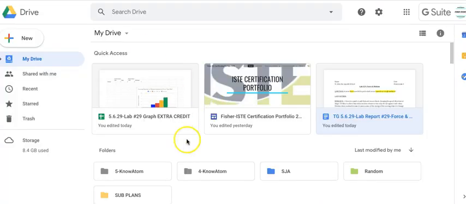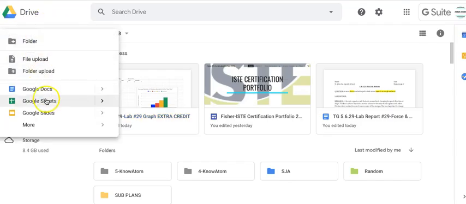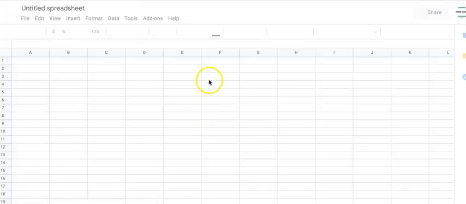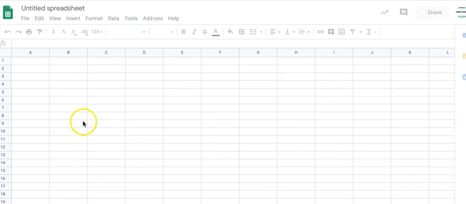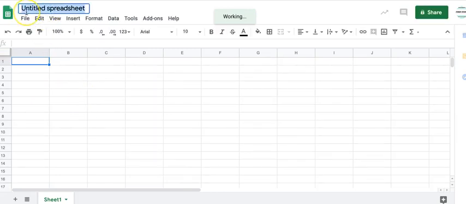So you're going to go to Google Classroom and open up the template I've given you, or you can go to New and Google Sheets. This will create a completely blank document or workbook that you can use to create your data table and import your graphs. So I'm going to give it a title, and this is going to be lab number 29, and